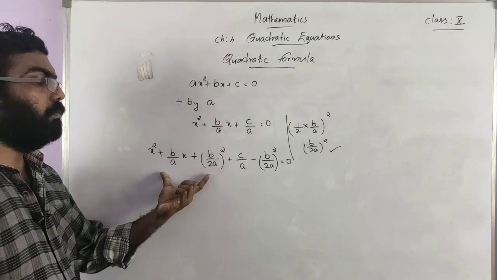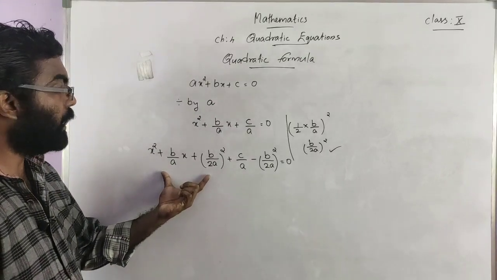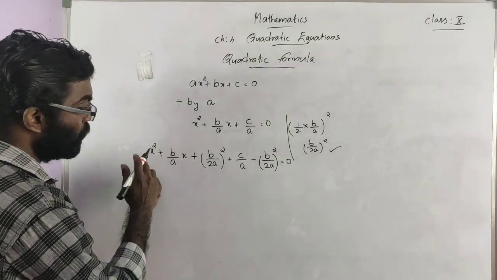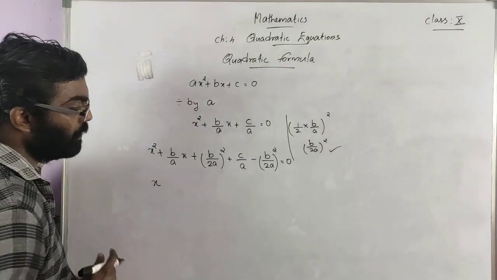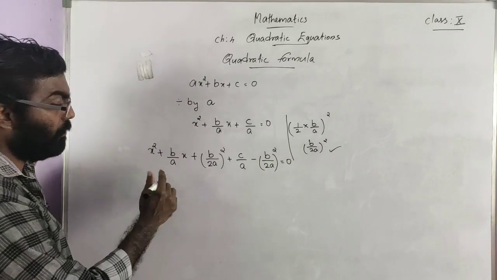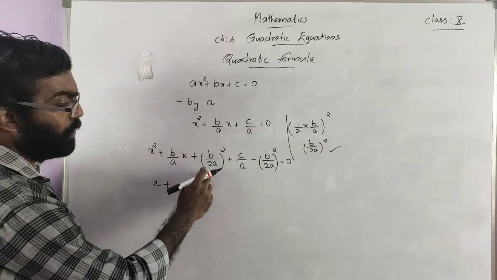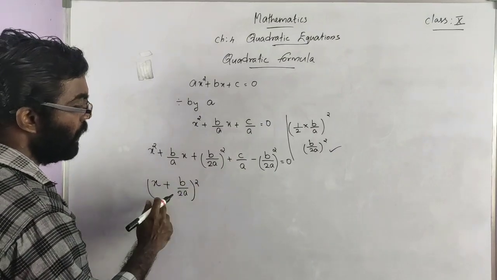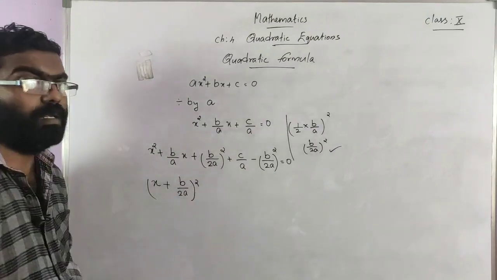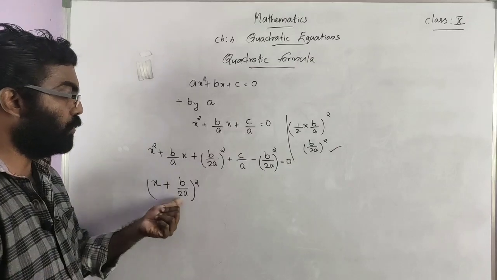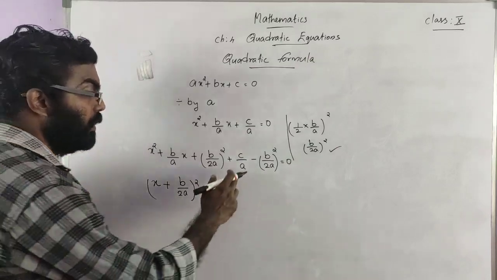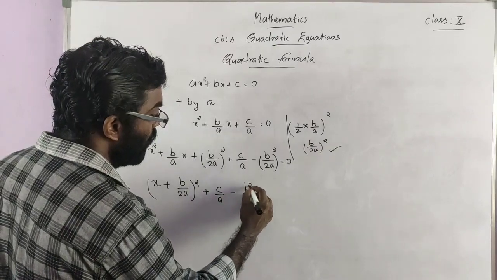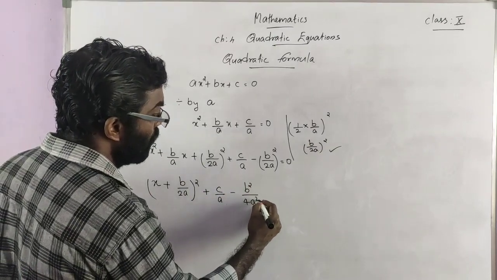Now we can collect the first three terms and write them in the form of a plus b the whole square. For that we take the square root of the first term, here it is x, sign of the second term plus, then square root of the third term, b by 2a the whole square. If we expand, we get these three terms using a plus b the whole square, a square, 2ab, b square. Now the remaining terms are c by a, then minus b square divided by 4a square, which is equal